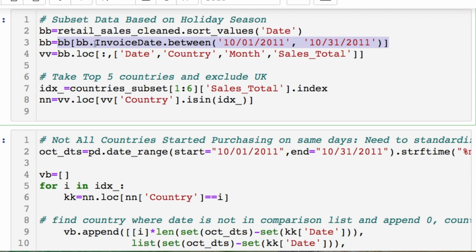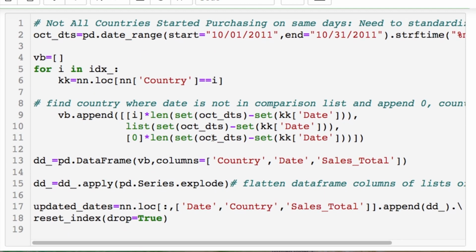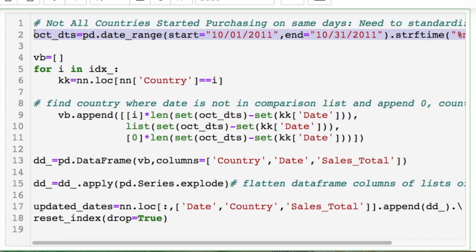You call in your data frame, the specific column, and then a date range. And then I subset with whatever columns I wanted to do. Use this .idx, which is just getting the label names, and subset the countries by these dates. You could probably do this in different steps, but this is how I chose to do it. Then what I decided to do is take our date ranges and convert it into our date formatting.